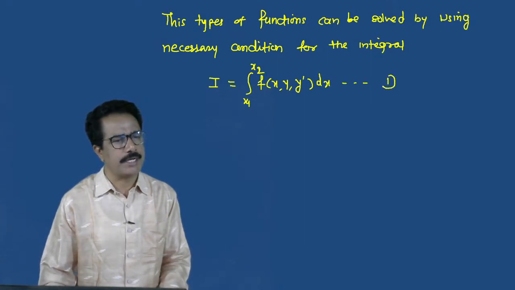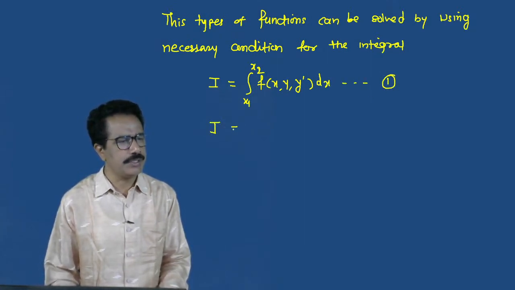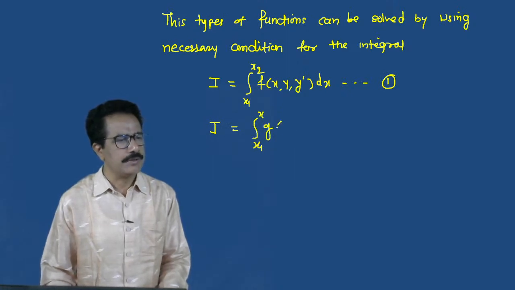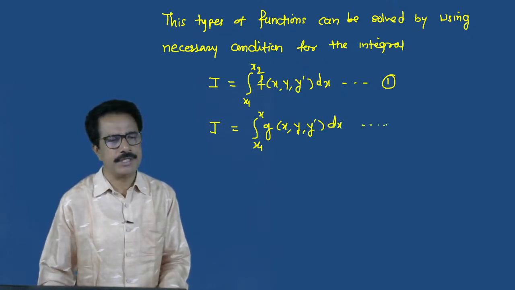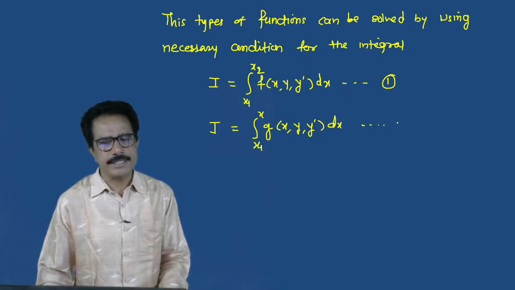Suppose this is the first. J equal to integral from x1 to x2 of g of x comma y dash dx. If we consider this as the second,